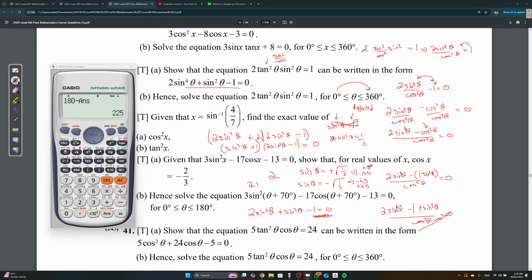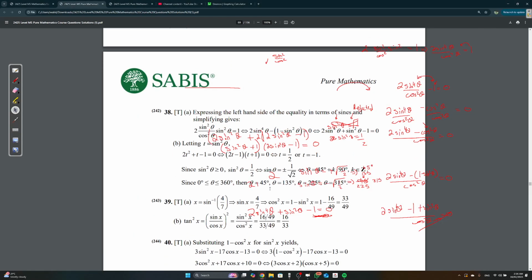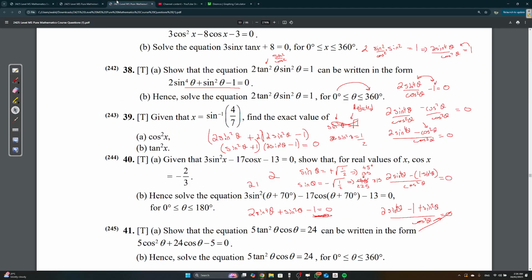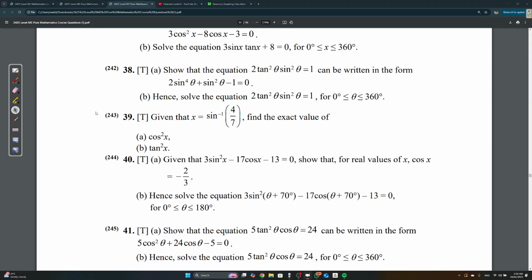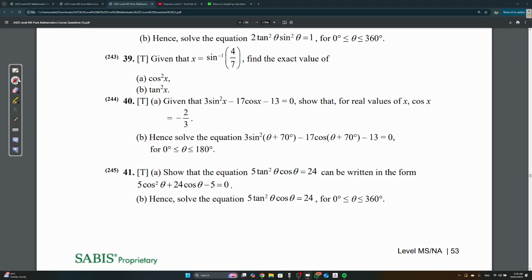Can we do plus 360 on any of them? This one will give me outside, too big, but here it will work. If I do plus 360, it will still stay within the domain. So 360 plus negative 45, you get 315. Right, let's cancel. So these are my four solutions. Let's take a look. Okay. I'm gonna go through the rest a bit quicker, as fast as I can, because I really want to go